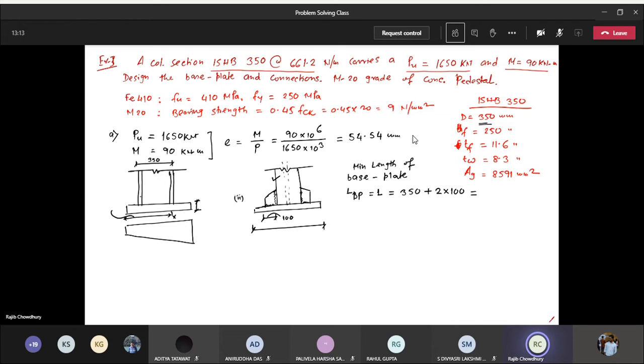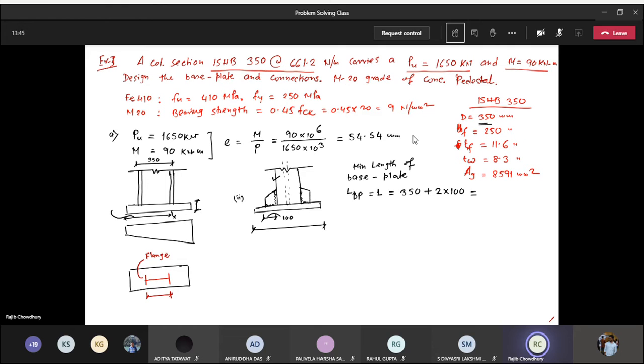This is the total depth. So you see, if you look into the plan view, okay, this is my plan view. So on this plan view, I'll be providing an I section, right? If I provide an I section, then what is required? This is my total depth, and this is my flange.